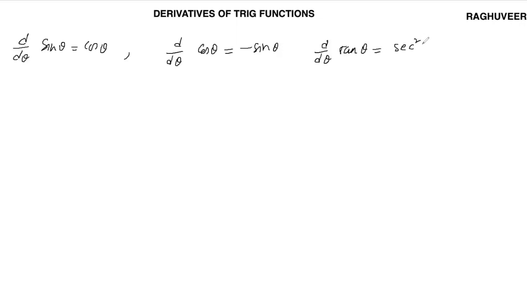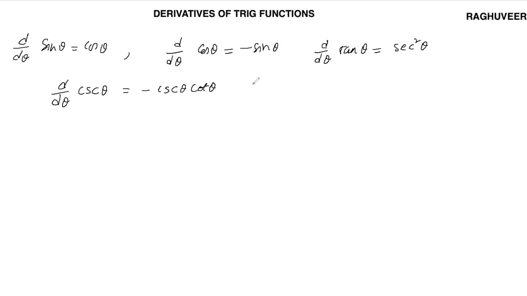Let us look at derivatives of trig functions. The derivatives of the basic trig functions are: d by d theta of sine theta is cos theta, d by d theta of cos theta is minus sine theta, d by d theta of tan theta is secant square theta, and d by d theta of cosecant theta is minus cosecant theta cot theta,